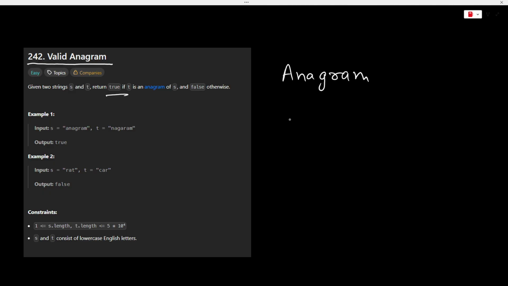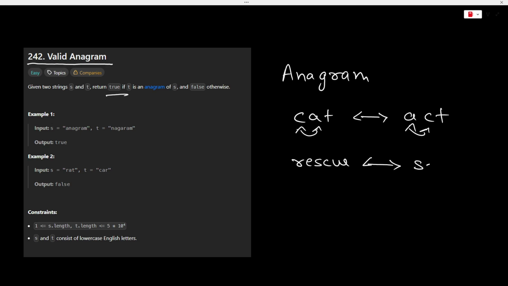A string is an anagram of some other string if it can be formed by rearranging the letters of that other string. For example, cat is an anagram of act and vice versa because both can be formed by rearranging each other's letters. You swap A and C, you'll get cat, and you swap C and A in cat, you'll get act. And other examples are rescue, secure,